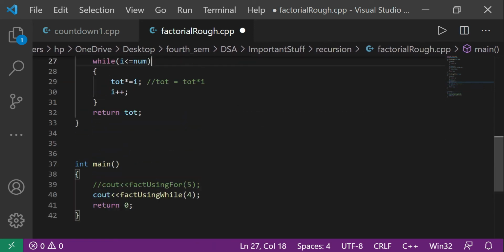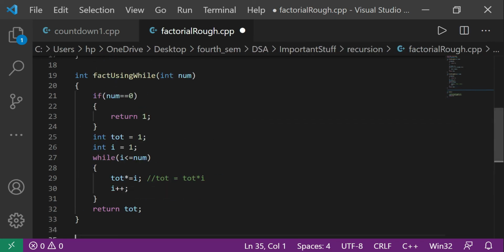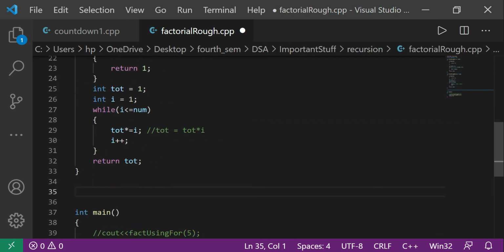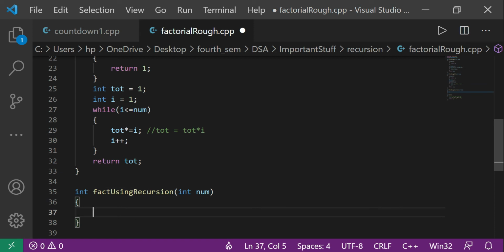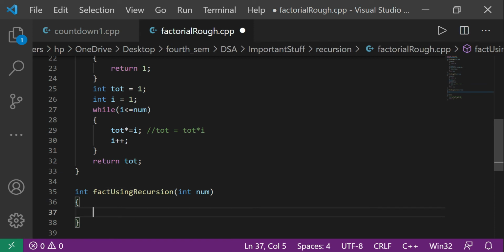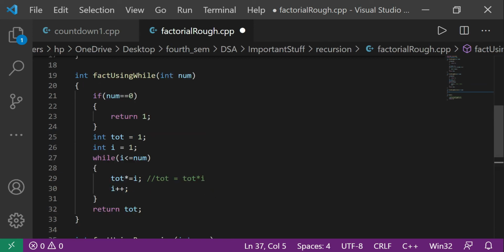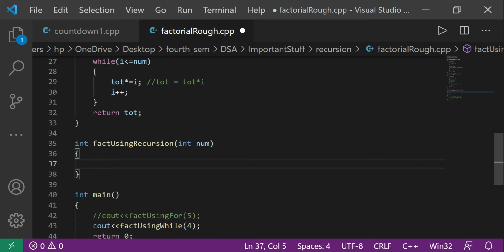Now let's create our recursive function, the real function that we came up for. So by comparing it, now you can see that the prototype is similar. Int, we're gonna say factorial using, let me change that up, recursion. So there you go. And inside of it, I'm just gonna put a number, just what we want. And now, before having a recursive call, remember, you would have to define your base case. So my base case is that if the number